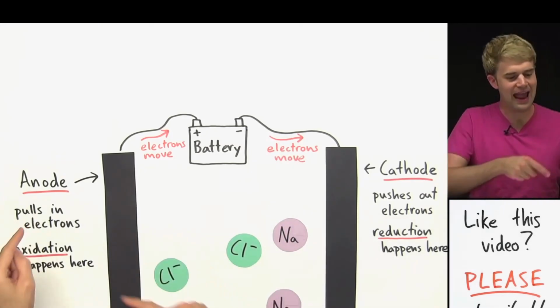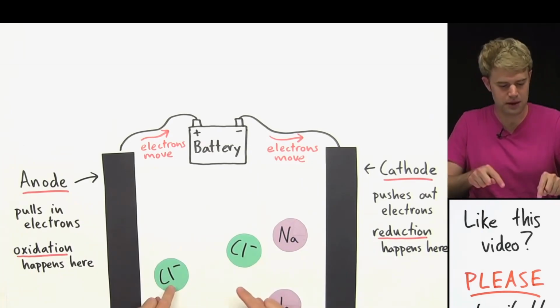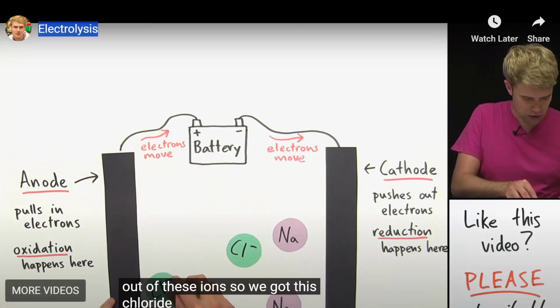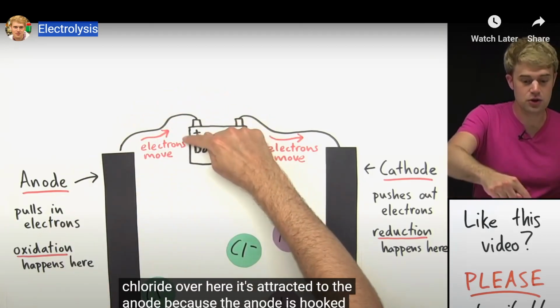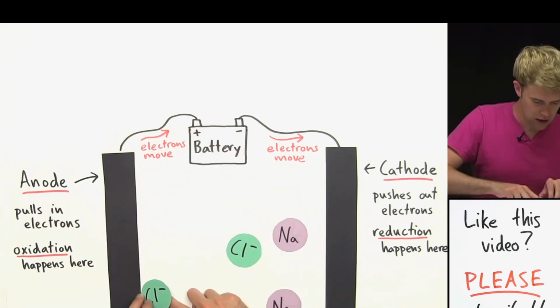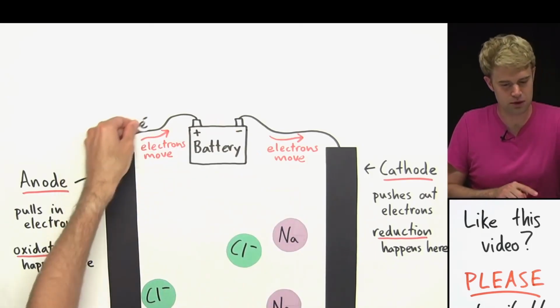Now over here at the anode, the opposite thing is going to happen. Electrons are going to be pulled out of these ions. So we've got this chloride over here. It's attracted to the anode because the anode is hooked up to the positive side of the battery, and this is negatively charged, so it's going to be pulled over here. And the anode is pulling in electrons. So one of the electrons from the Cl minus is going to be pulled up towards the battery,